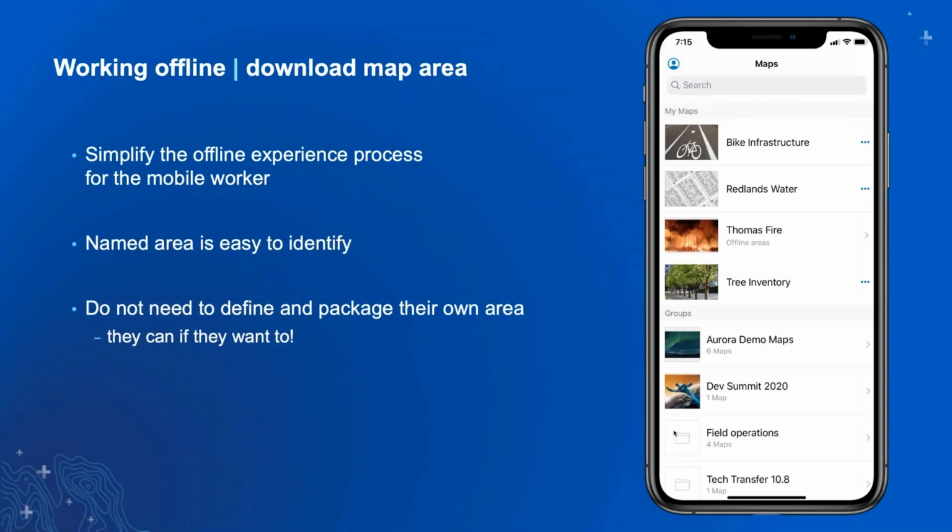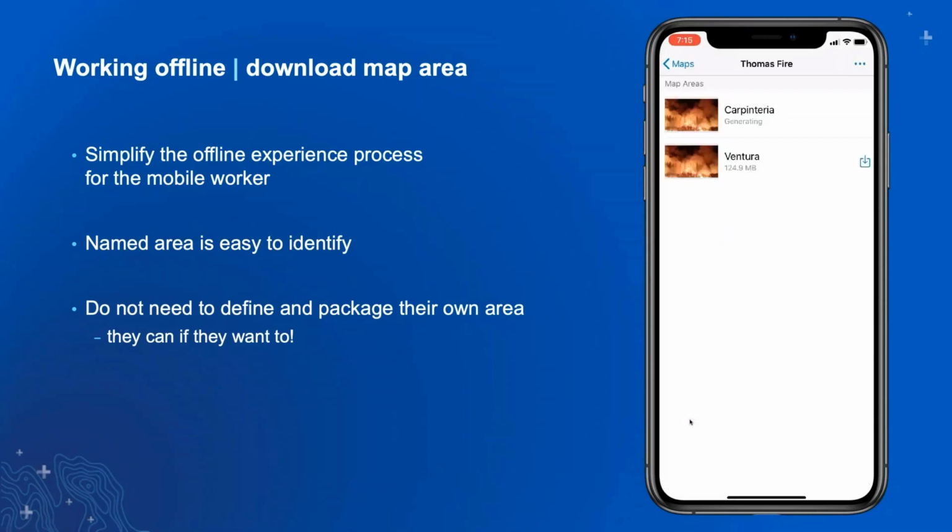All right, so let's talk about how someone gets that map area downloaded. We took a quick look at that in the last example. So this is where you're working with predefined map areas. If you remember, we went through and defined a couple of map areas there for people to download. The best thing about this is it really simplifies the story, and we'll just take a look at this video to highlight that. So for this Thomas Fire web map, you can see that I've got two